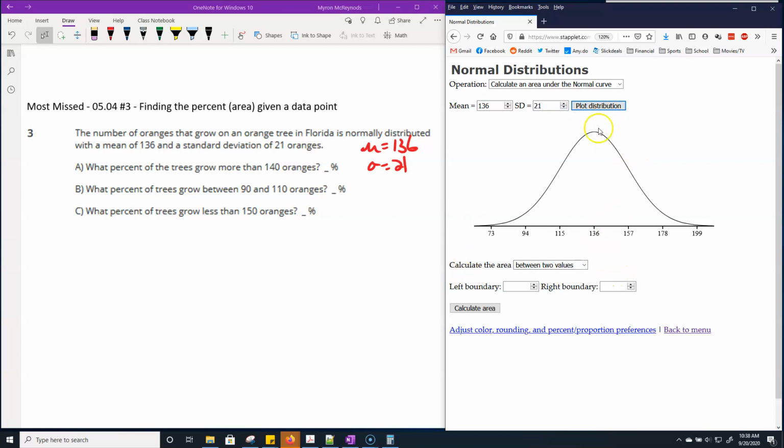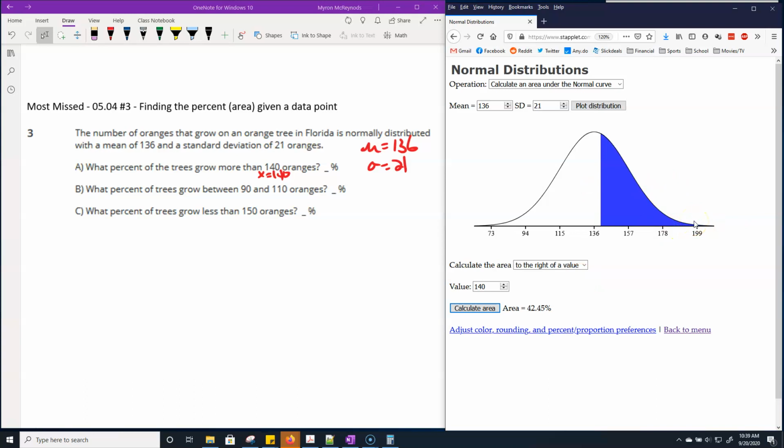Now, I've got my normal curve right here, right? And the average is right at 136. The mean is always right in the middle at 136, and it's the 50th percentile. It'd be 50 as the percent right there at 136. And they want to say what percent grows more than 140. So what do we want to pick here for calculate the area? More would be to the right of. And more than 140. So 140 is the x they give us right here. X equals 140. And I calculate and I get